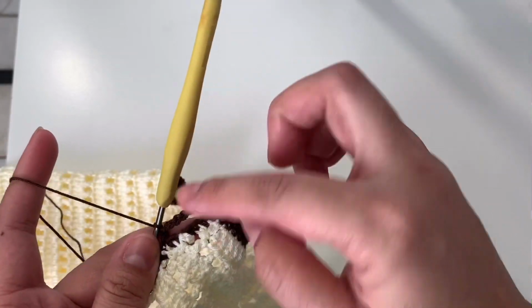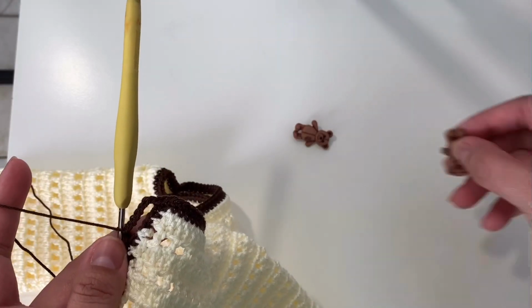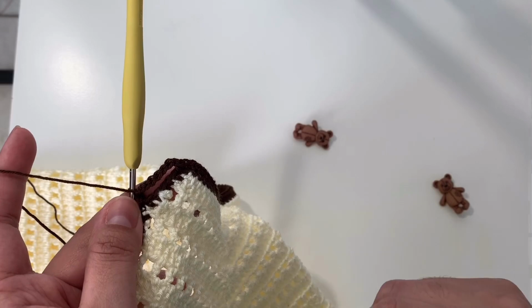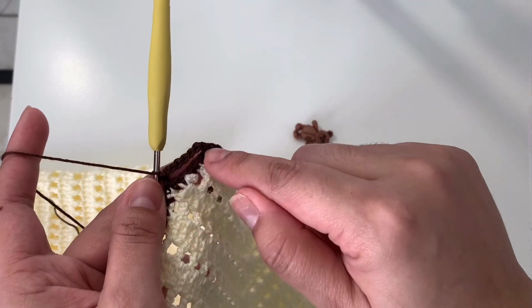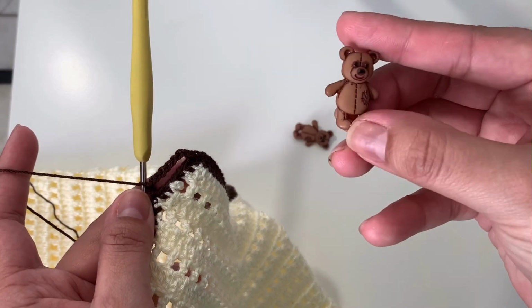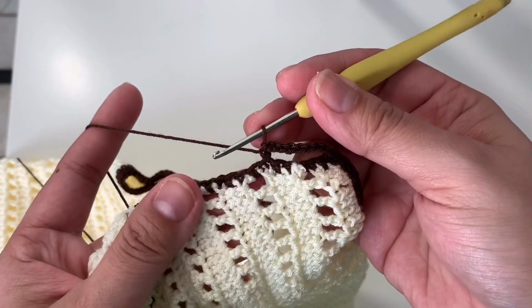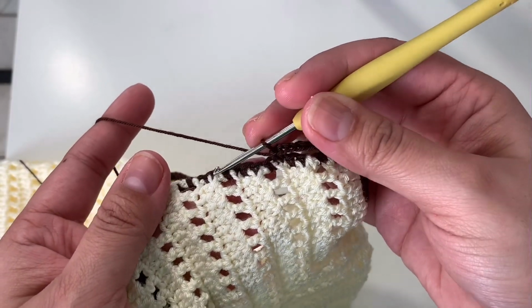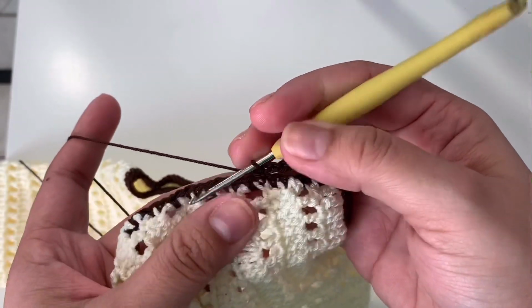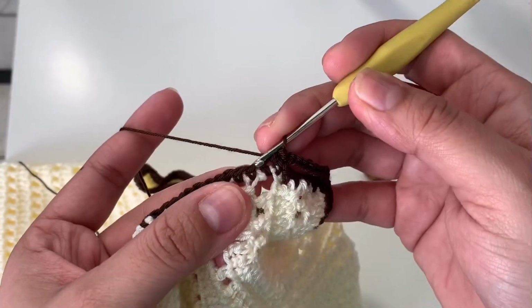So with the chains, you're gonna decide how many chains you have to make. If you have a smaller button, just make 5 chains, and skip 3. But if you have a large button, you can make the 8. Once you have your hole, I decided that I wanted to skip 1, right? And when I get to this point with these 2, I'm gonna make my other buttonhole. So I keep on working single crochets